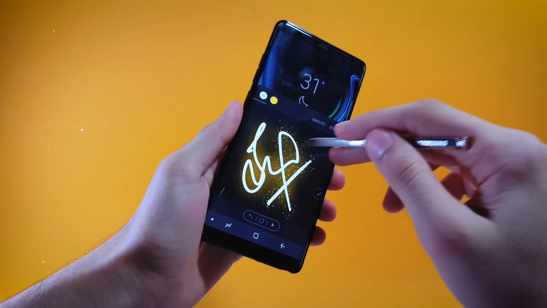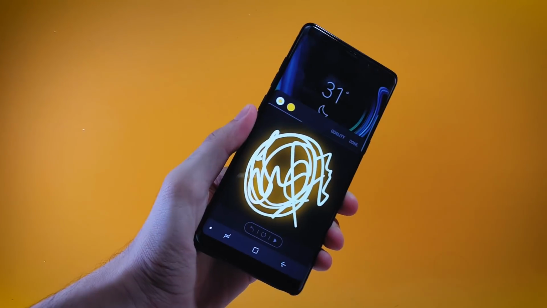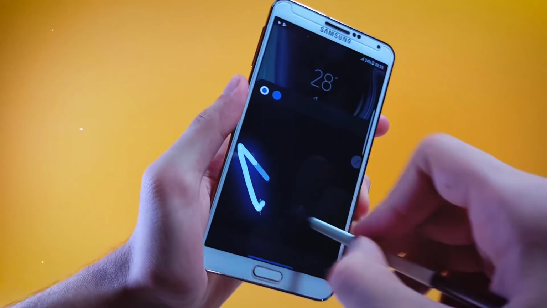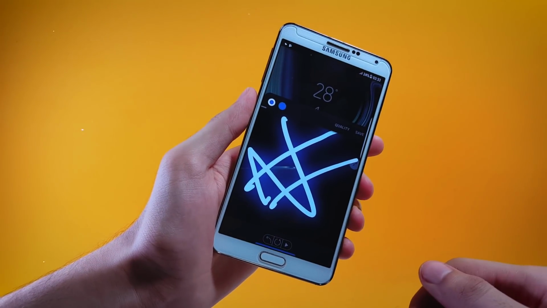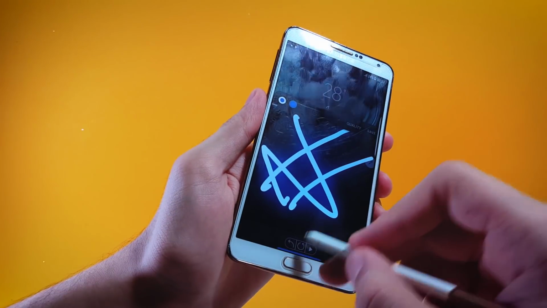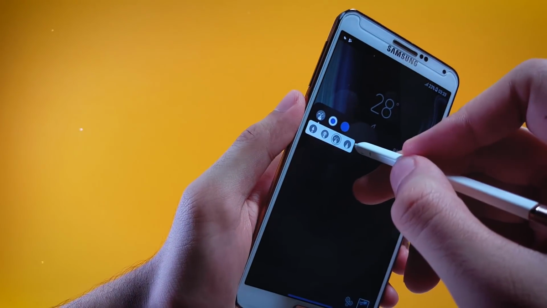And fortunately, we are finally able to have this app on our Galaxy Note 3 devices as well with the Galaxy Note 9 ROM. And guys, the app works pretty fine on our Galaxy Note 3 devices, and you can also choose different brushes for writing on the screen. So in order to get them, you have to tap on this icon right here, and from here you can